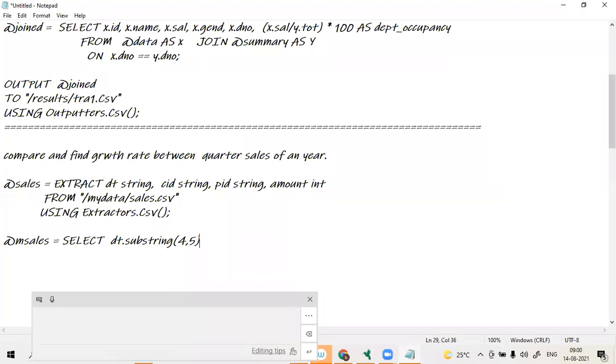I think in C#, is the last index included or excluded? Included. If it is included, 4 and 5. So this thing I am converting as integer, let's say as month.